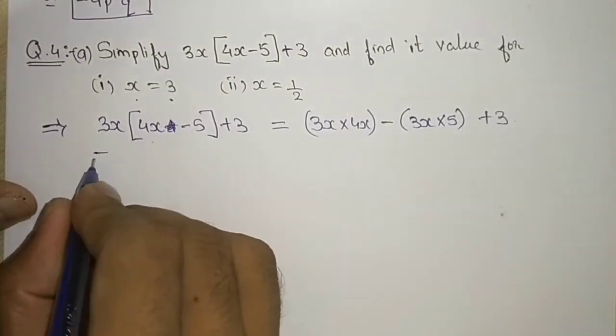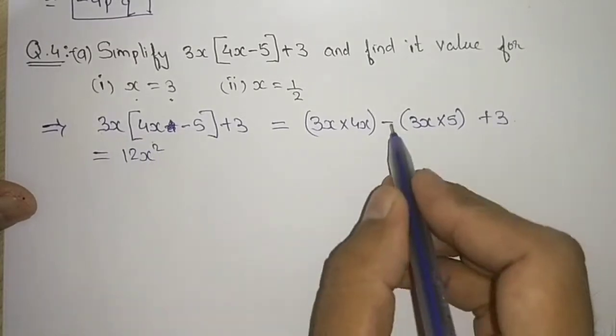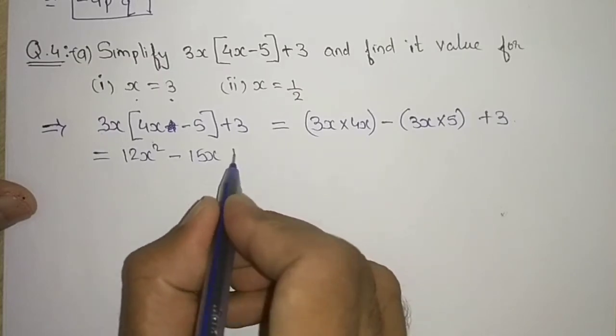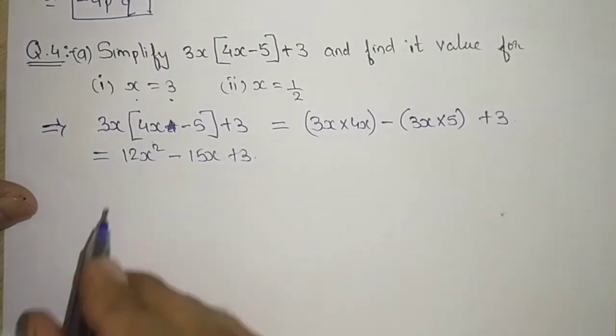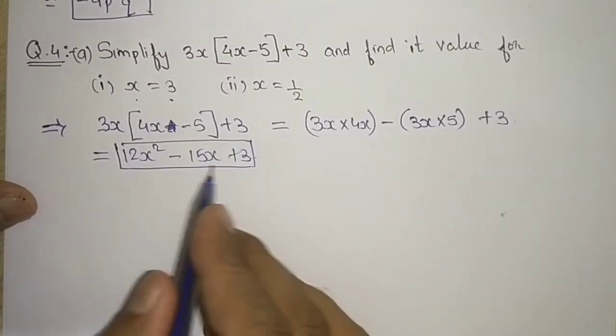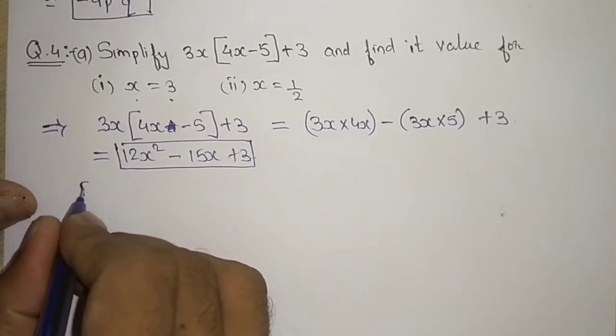Moving further, we will get 3 4s are 12x square minus 3 5s are 15x plus 3. So we have got this answer on simplification. We can't move further because they are unlike terms. Now I will write for